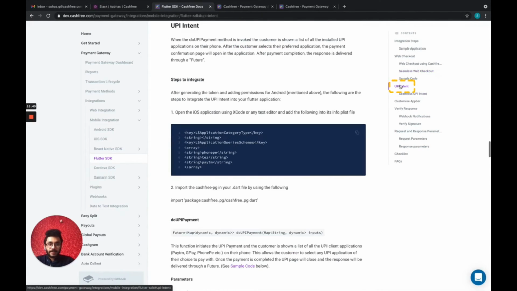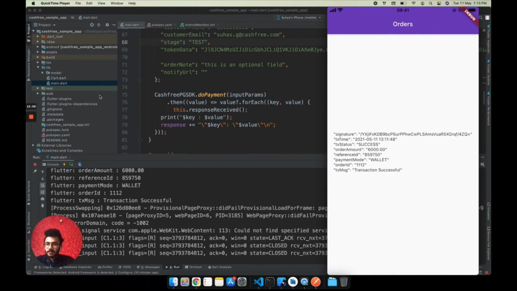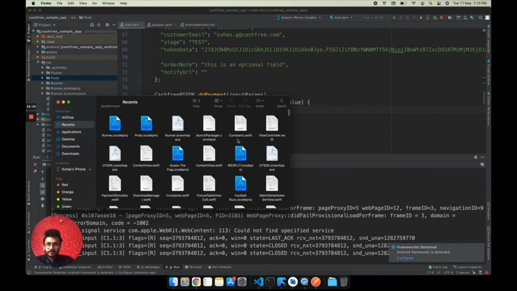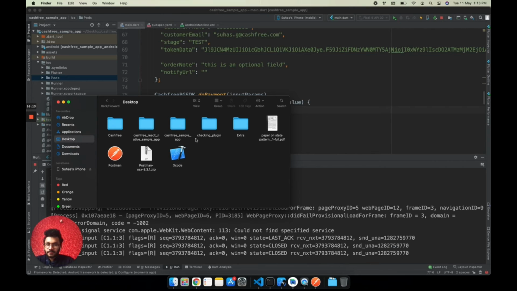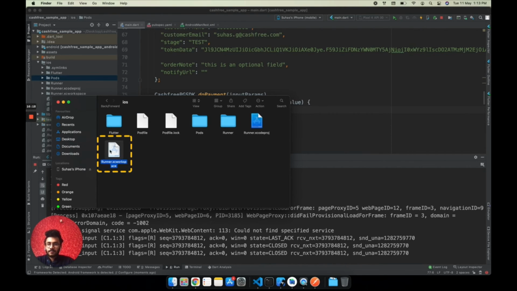To initiate this UPI intent, you have to add an extra permission to the iOS project. So let's copy this. Go to your iOS project, or open your iOS project in Xcode or any editor of your choice.